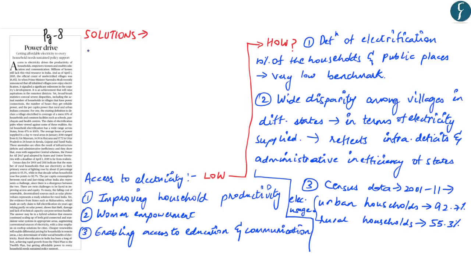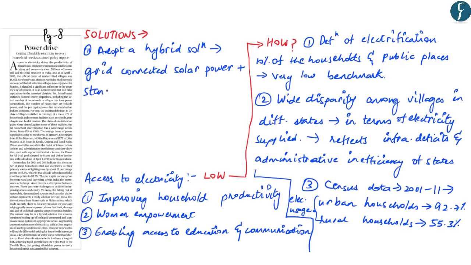And in solar power also, the biggest contributor that is being considered is solar rooftop. But this article says that the states should adopt a hybrid solution. That is, this hybrid solution should include both grid connected solar power as well as standalone rooftop projects. That is, the states should not entirely rely on solar rooftop projects. Instead, they should adopt a hybrid solution. Another important point that is highlighted in this article is that the focus should not just be on providing electricity, but it should also be ensured that electricity is affordable. So another solution is to provide affordable power to the households.